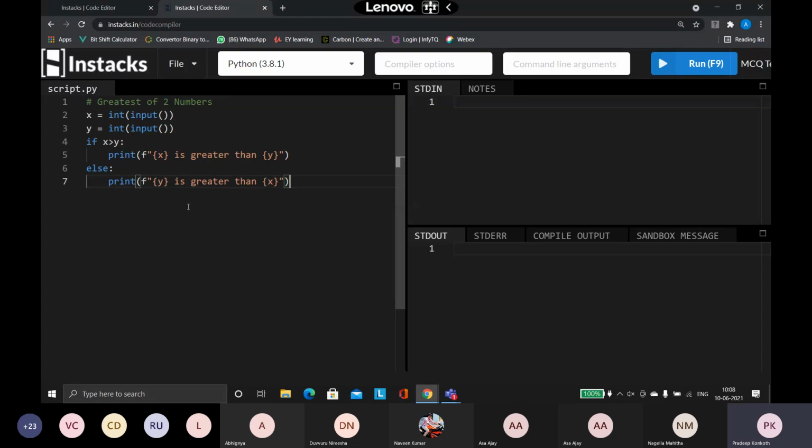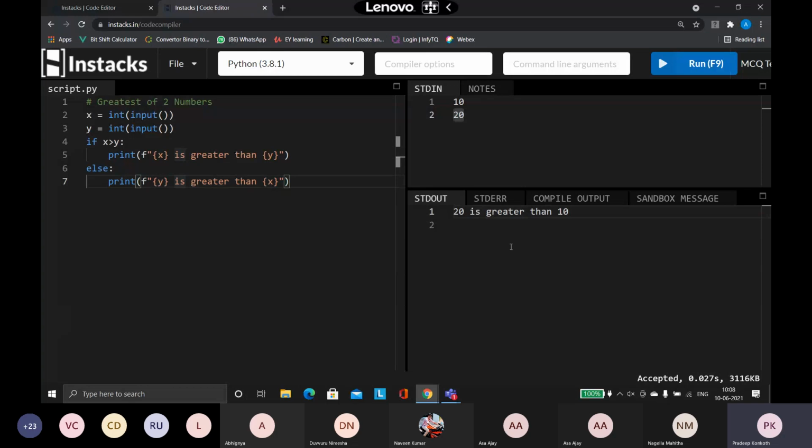So the program works fine because we just now saw the output. So first, I have to give a value for x. Then I have to give a value for y. So 10 is going to be assigned to my x variable. 20 is going to be assigned to my y variable. So now when I execute the program, yes, it works fine. So it says 20 is greater than 10, which is correct.